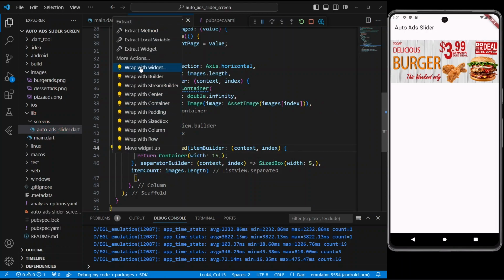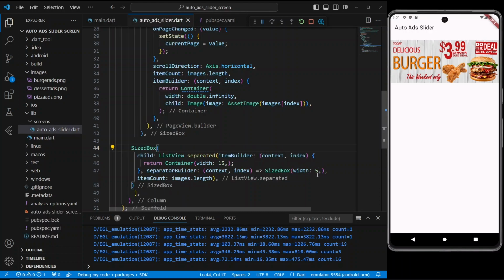The ListView.builder also requires space, so we add a SizedBox widget.